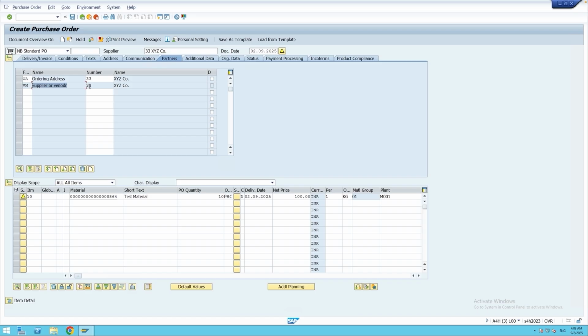We changed the condition record with partner function OA, so the system was not able to determine that message type until we maintain this particular partner function in the purchase order partners tab. And as we discussed earlier, in this partner function you can enter a different vendor code also, and in that case this purchase order will be outputted against the vendor code that you enter against this ordering address